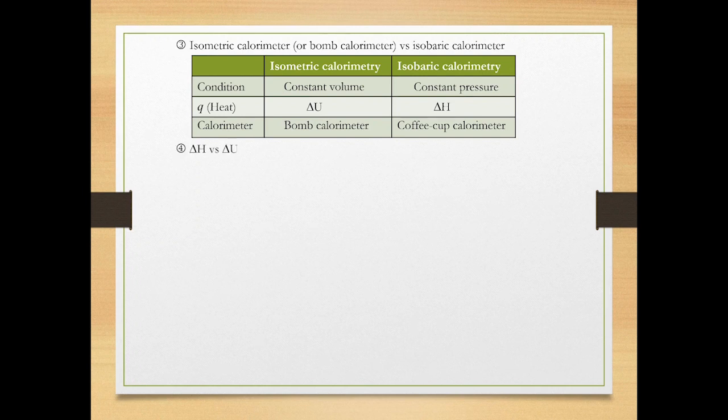Let me show you how enthalpy and internal energy are related. In the previous slide, enthalpy was defined as internal energy plus pressure times volume. Place delta on both sides of the equation like this, which will be delta U plus delta PV. At this point, we should treat the equation differently depending on whether we are dealing with gas or condensed phase like solid and liquid. For the sake of gas, delta PV can be modified to delta nRT utilizing the perfect gas equation.